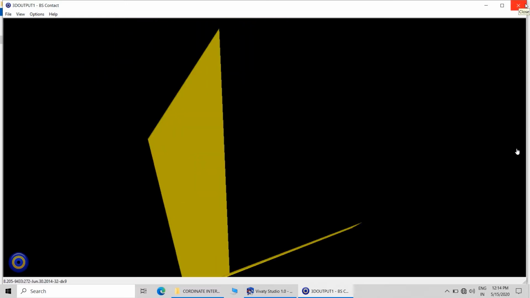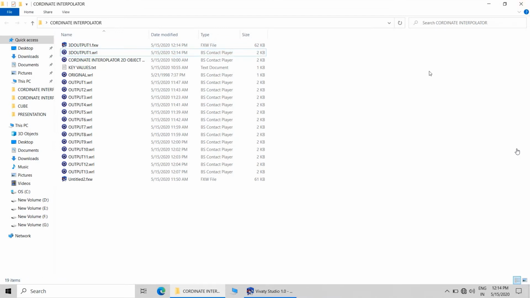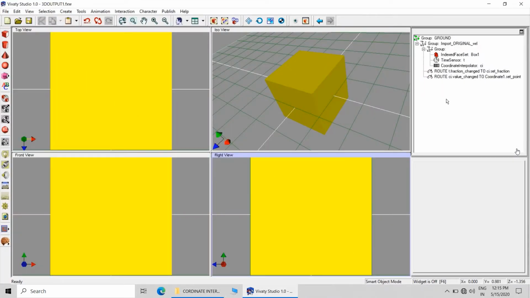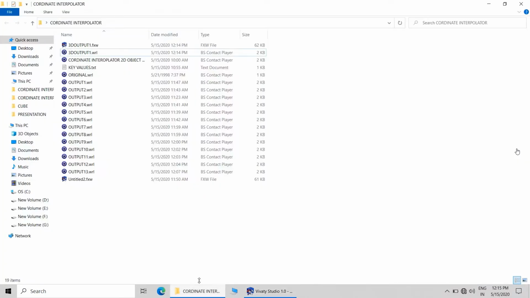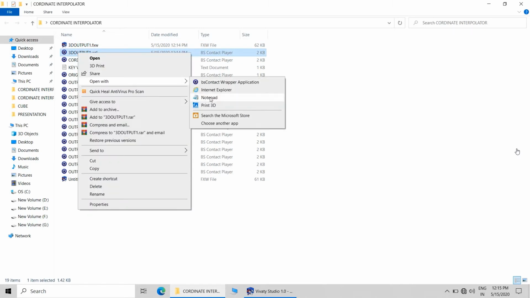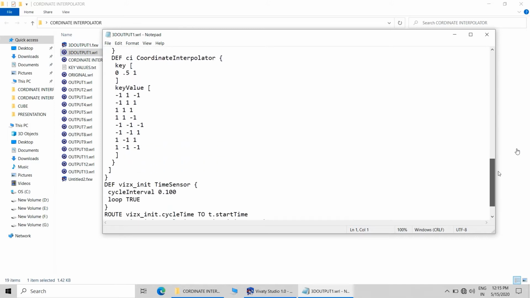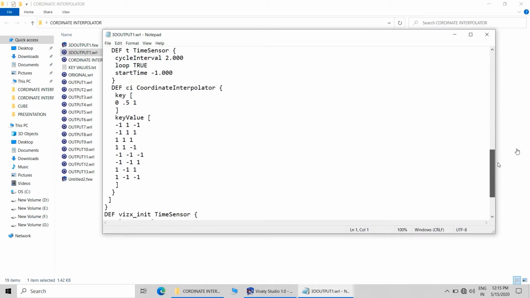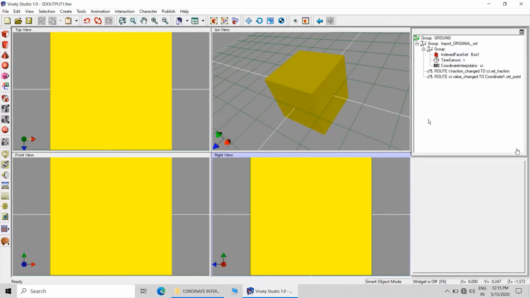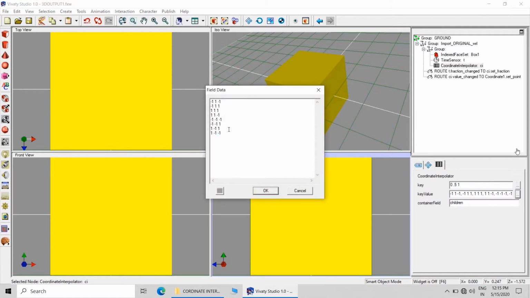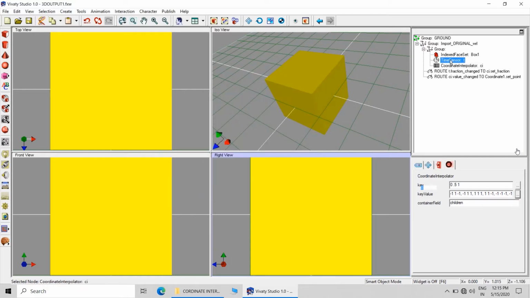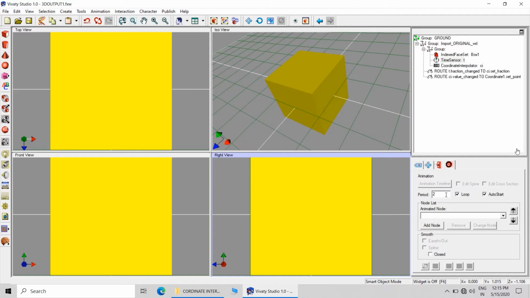This is very difficult to explain as well as for understanding. Let us increase the